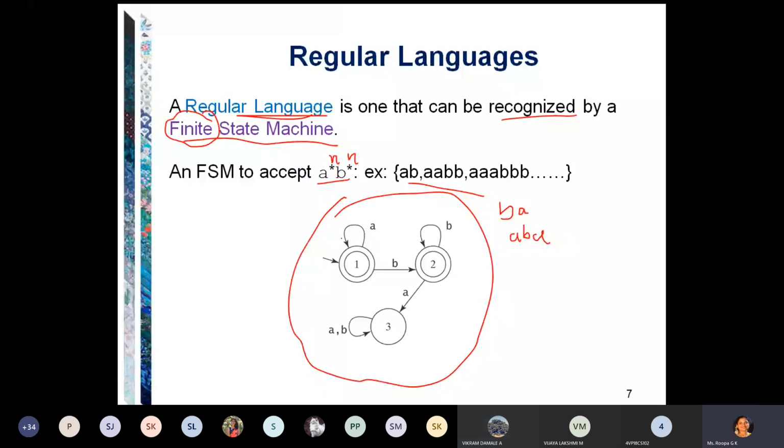State number 3 is not designated as a final state. That means it is a single circle. So when you reach state number 3, your input is also over. You will be stuck. Correct? From state 3, you cannot reach state 1 or state 2. In that case, your string will be rejected. The machine has to reject the string because it does not belong to the language. Finally, one more A is there, no? According to the format, A's are followed by B. After that, no A's. So the string will be rejected.